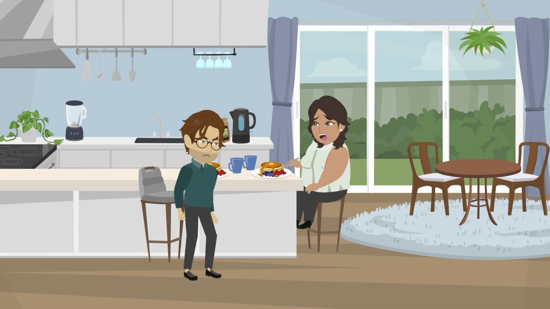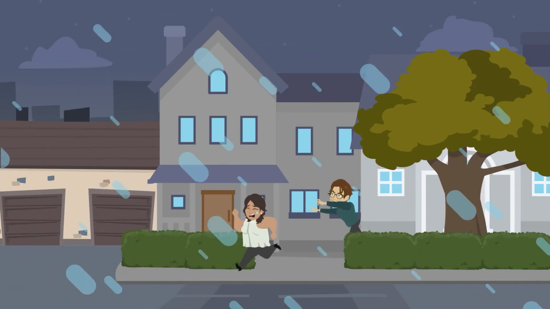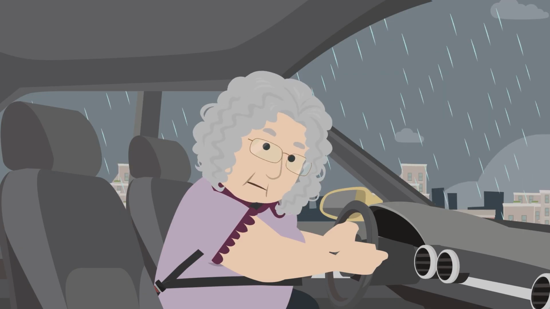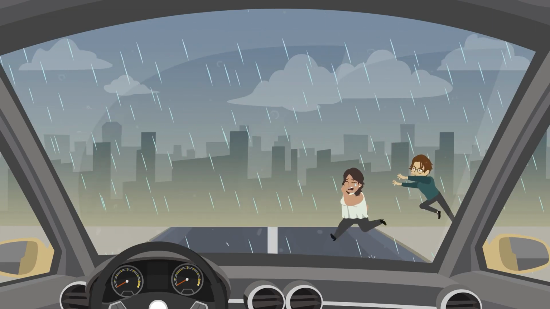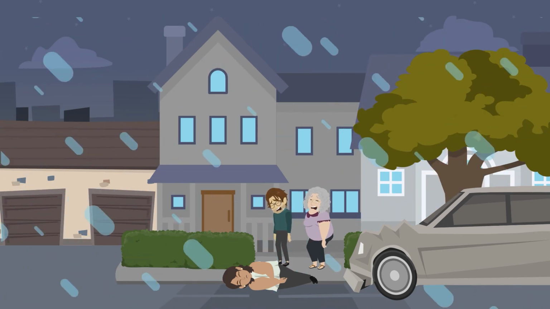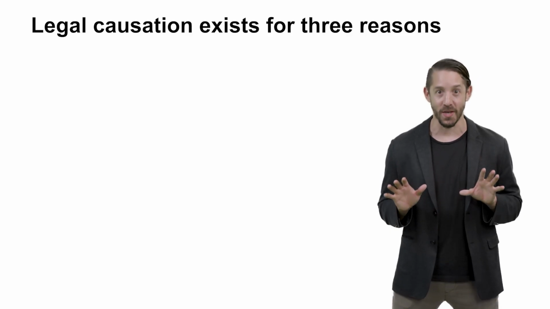For a final illustration of this idea, let's return again to the domestic violence scenario. Now I want you to imagine that Danny begins chasing Valentine with a knife on the first floor of their home, leading Valentine to sprint outside and onto oncoming traffic to escape Danny. As she's running into the street, Valentine's loving mother, Beatrice, happens to be driving by. Beatrice sees the horrifying scene unfolding before her, freezes, and so fails to swerve out of Valentine's way, thereby tragically killing her own daughter. Under these circumstances, legal causation exists for 3 reasons.